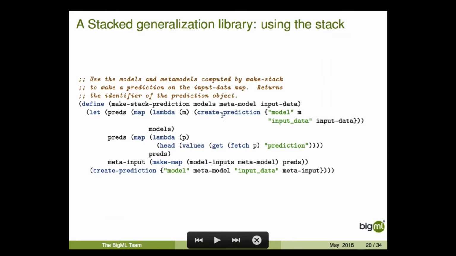Here's a piece of the latter two functions. This is the one that creates a prediction using the stack. So basically, this is going to take the constituent models. It's going to use this map function again to create a prediction with each of the constituent models. Then, once the predictions are complete, it's going to grab the prediction key from the prediction metadata, and then it's going to use those predictions to make new